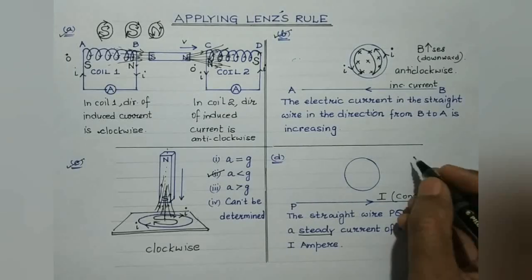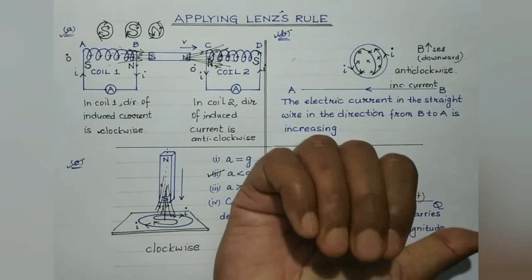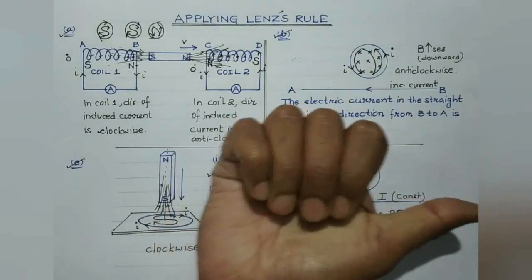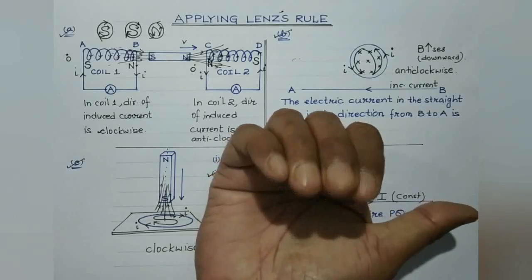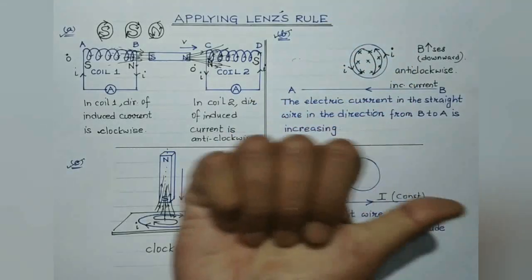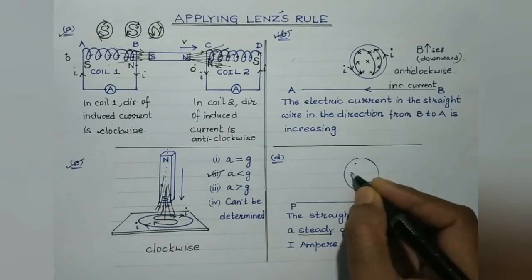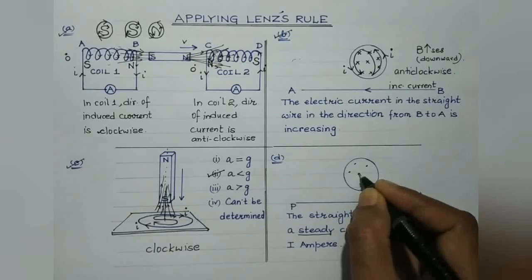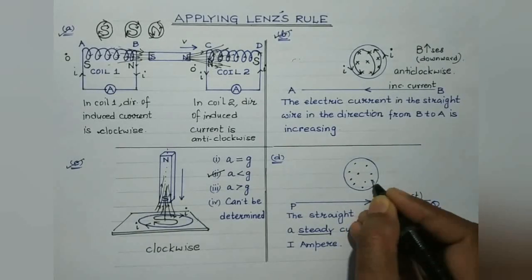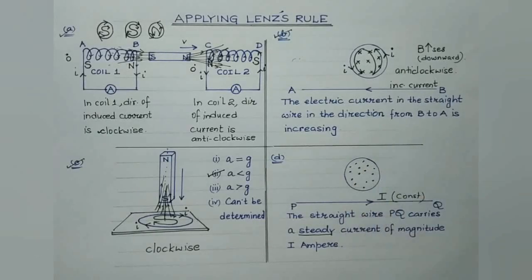Now we are aware of the magnetic field over here, just apply this thumb rule, isn't it? So the thumb indicates the direction of the current, and the direction in which the rest of the fingers curl gives the direction of the magnetic field. So through this loop, the magnetic field will be directed perpendicular to the plane of the loop and directed outwards. Dot indicates the direction of the magnetic field perpendicular to the plane and outwards.